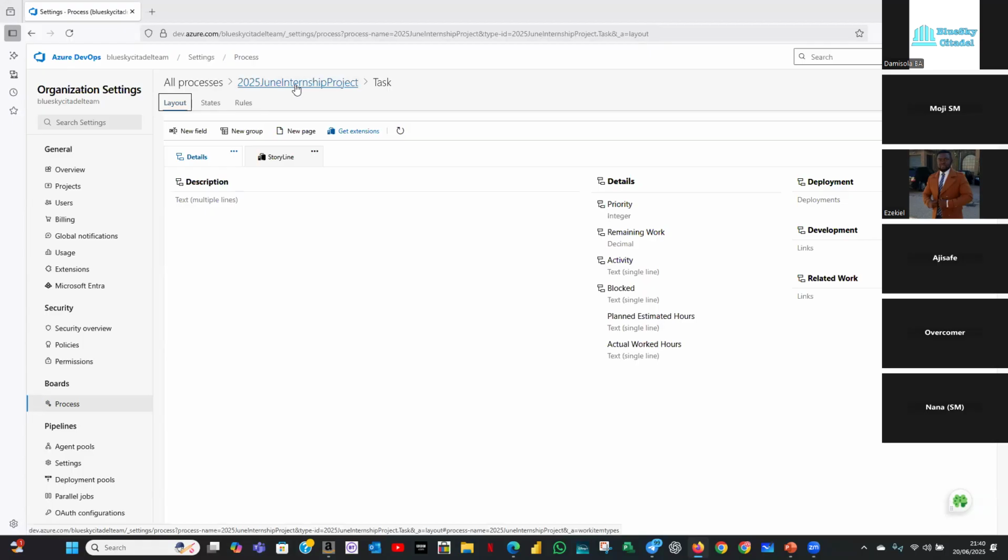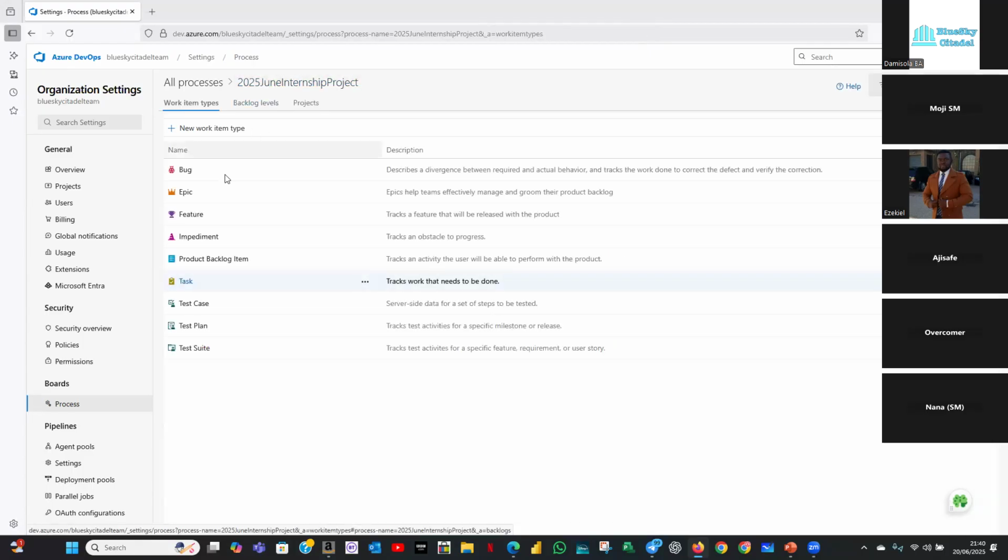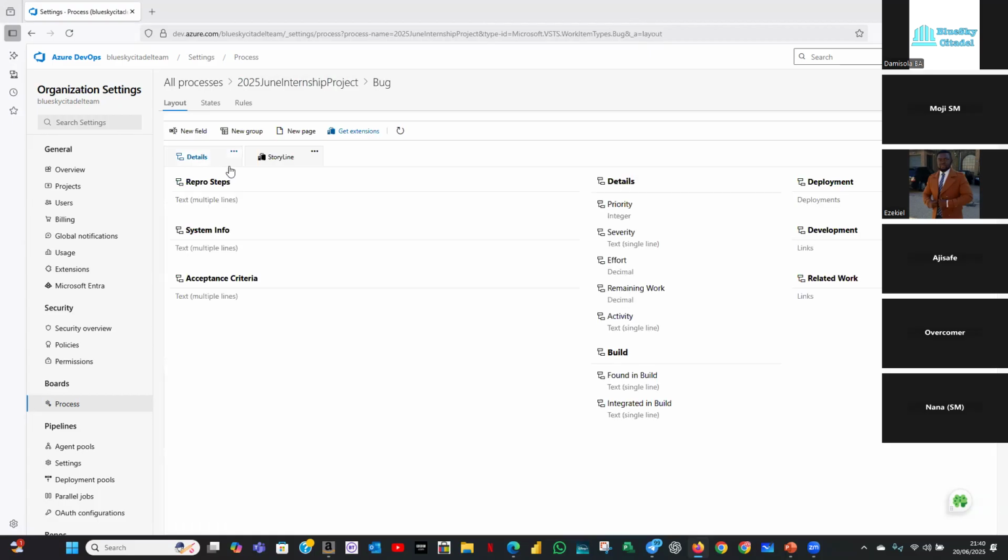And we go back to the process again. The next one we want to pick is the bug. Okay, so again, in the bug, there's nothing we do when it comes to the field. All the details are what needs to be there and everything. So we're not going to be putting anything here. Okay, but where we can put,